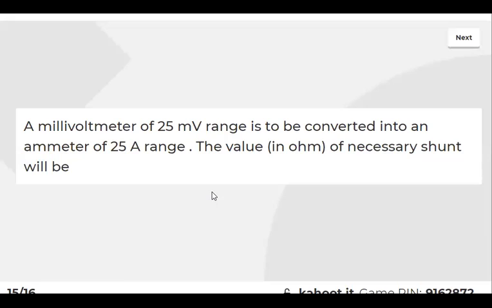सर ये तो 25 मिलीवोल्ट डिवाइडेड बाय 25 आ जाएगा, तो 10 to the power -3 आंसर आ जाएगा। मैसेज करो ना, बाकी भी सॉल्व कर लेना। So voltage is given, right? Simple है, काफी simple है सर। Voltage is 25 millivolt, right? You have to convert it to an ammeter having current range of 25 ampere, right? Simple है ना? So you just